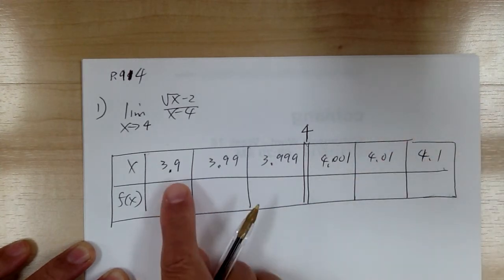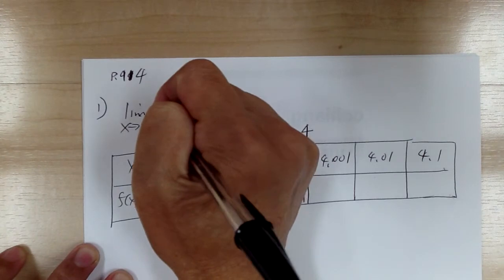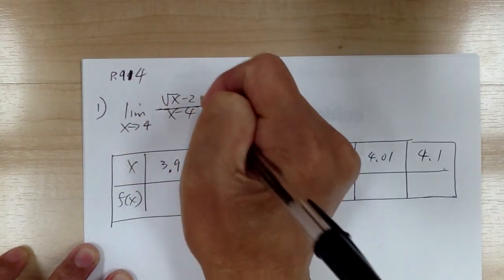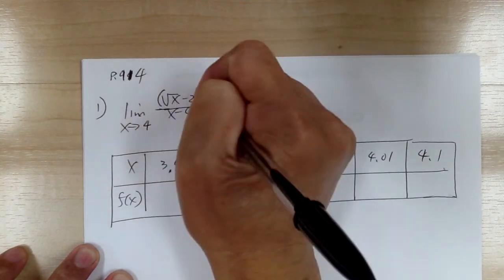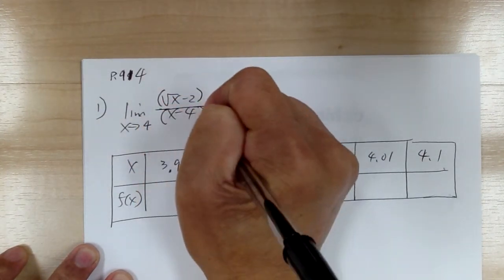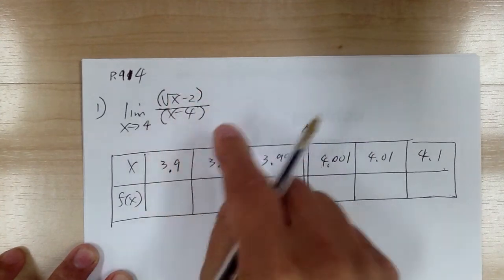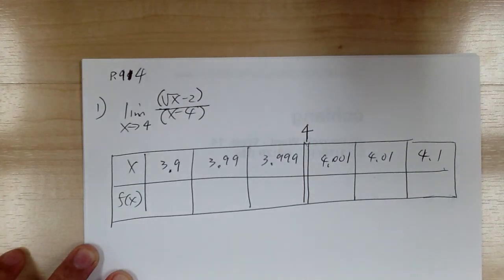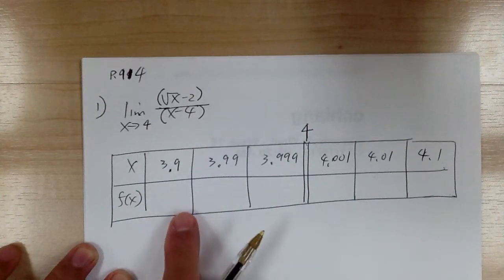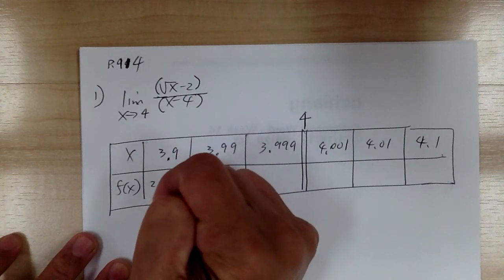All you have to do is enter the value of x into the equation. When you use your calculator, make sure you know what to do with it. It's very important that you put parentheses around the numerator and denominator. That way, you avoid a lot of mistakes as you enter it. So you can put parentheses, parentheses, parentheses, parentheses. As you enter each number,